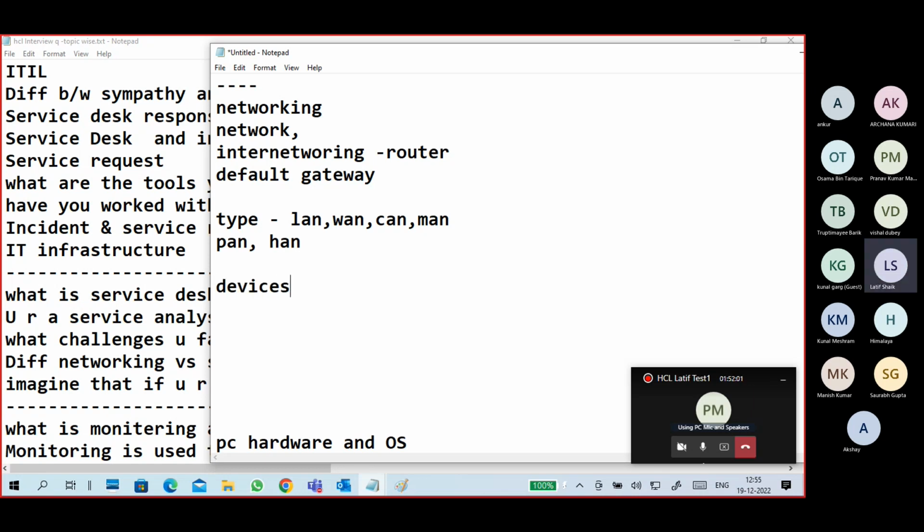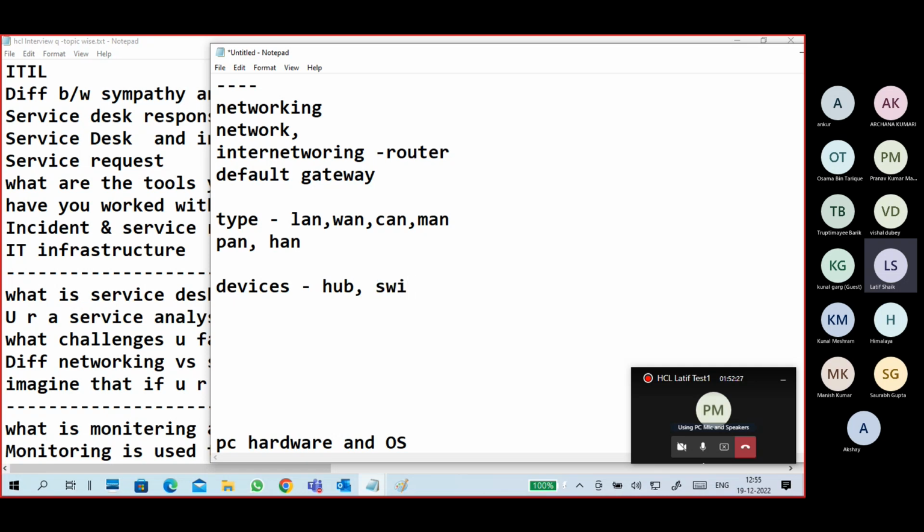Networking devices. Hub, a non-intelligent device, used for small LAN communication. In a hub, every packet is sent to all connected devices. Okay, that is a hub. Next one is switch.